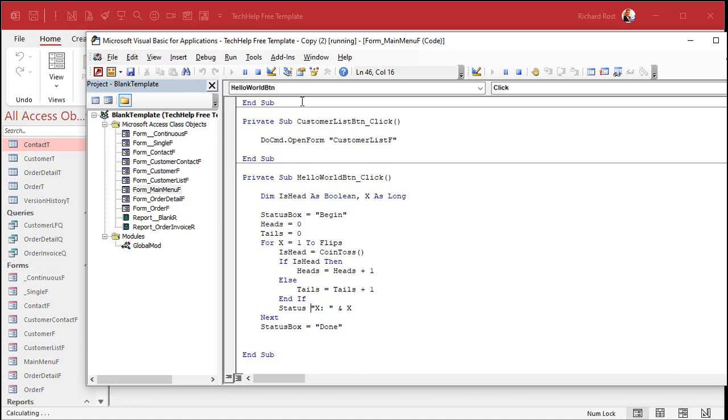So we're going to stop this. Stop. What you can do if you do want to see a status, okay, is you can say something like if there's a lot of flips, right? If flips is greater than 10,000, then we'll do something like this in here. We'll say if x mod 10,000 equals 0, then